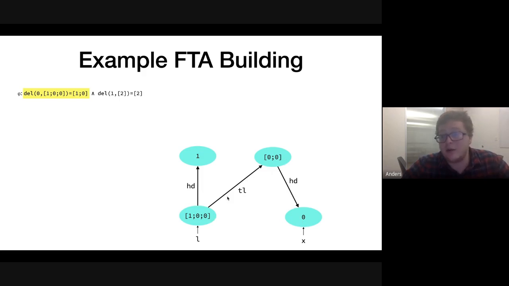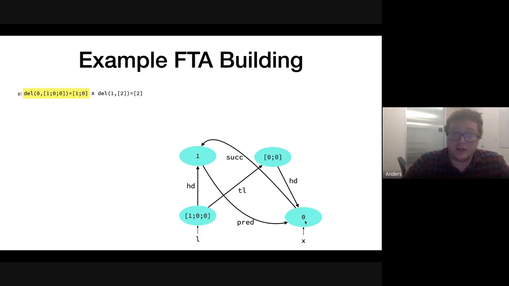So in this way, I'm kind of modding out by equivalent ones, because anything that I build up from 0, I'm also building up from the tail of the head of the L. So we're saying, if you ever get to this value, it doesn't really matter the path. And then for 0, the successor of 0 is 1, and the predecessor of 1 is 0. So you've got this loop. So x is equivalent to successor or predecessor of successor of predecessor of x, and you can continue going along this loop as much as you want.